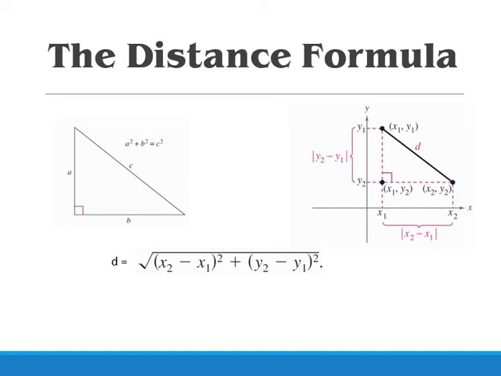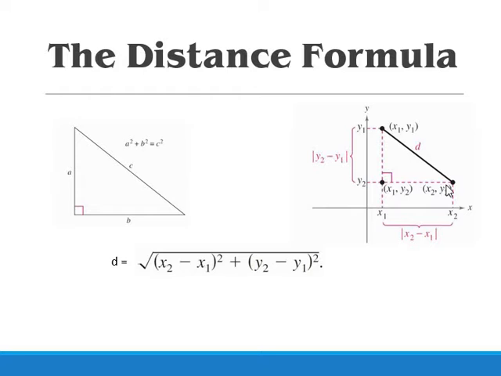Now we're going to talk about a couple of formulas that are useful in the Cartesian plane. One of them is basically the Pythagorean theorem if you look at it the right way, but this gives us the distance formula. If we have 2 points, and these are just labels, but let's say we've got the point x1, y1 and the point x2, y2, and we want to find the distance between them,